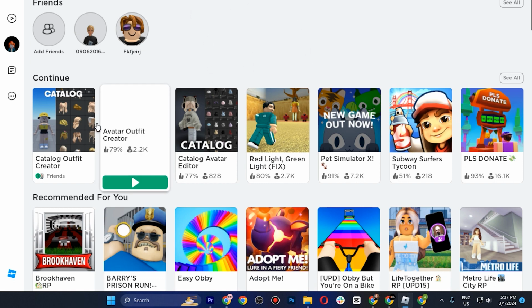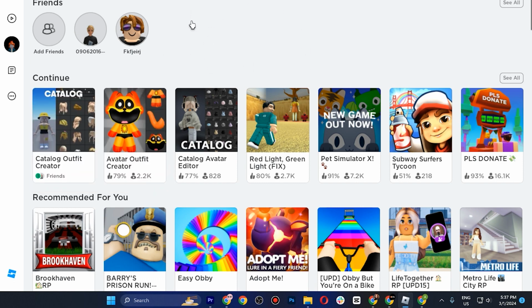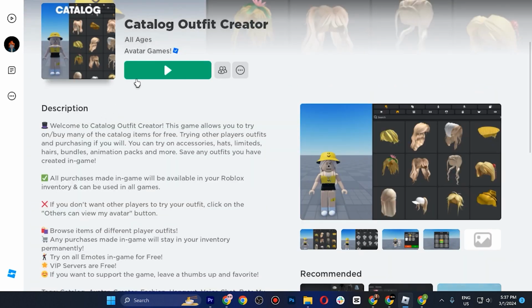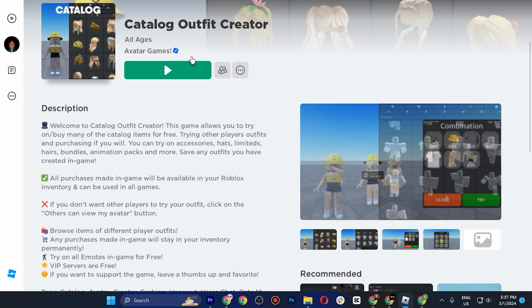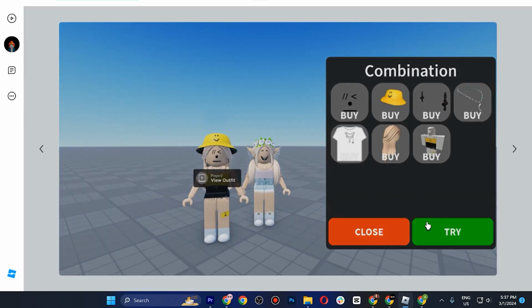So first of all you have to log in to your Roblox, and here you have to go in the search and search for the catalog outfit creator, and you have the option, so you have to click on this first one and simply click on this play icon. So once you are in here, you have the combination of the outfit, so you just have to simply close